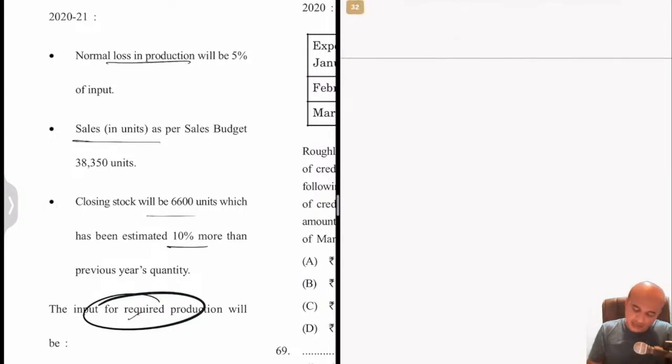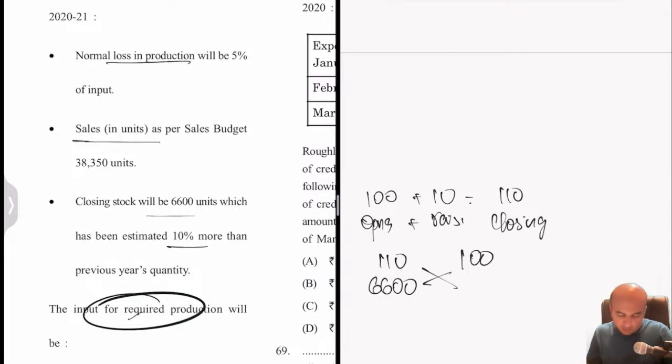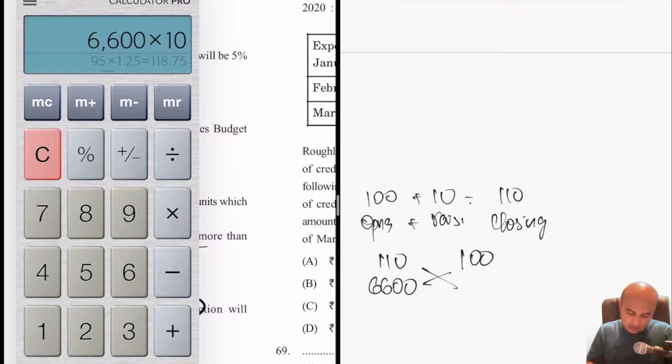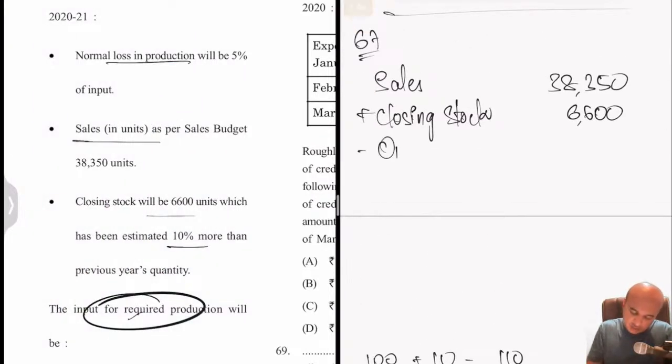Let me do the calculation somewhere else. If previous year's closing was 100, that is the opening stock, plus 10% would be the closing stock of this year. If 110 is the closing stock of this year, 100 would be the opening stock. If 6,600 is the closing stock, how much would be the opening? Simple cross multiplication will give us the answer. So that will be 6,600 into 100 divided by 110, which is 6,000. So minus opening stock